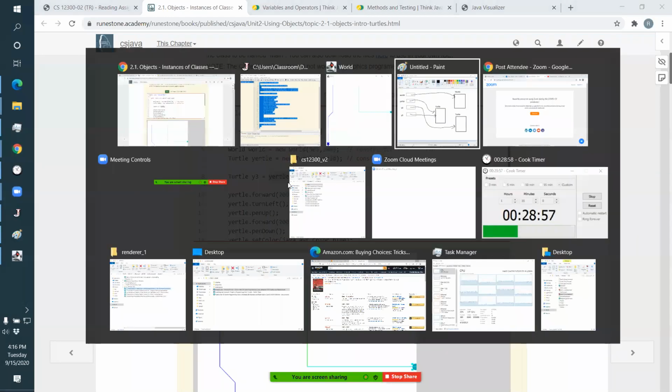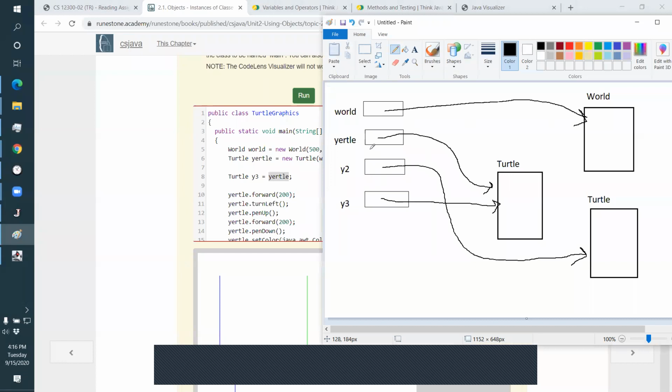So I have my memory diagram. I've got Yertle and Y3 both naming the same turtle. Okay, this is real important. These memory diagrams solve a lot of confusion in programming, in Java programming. Now,